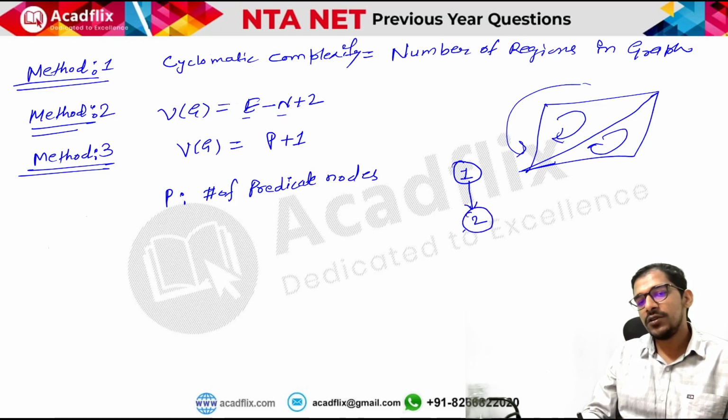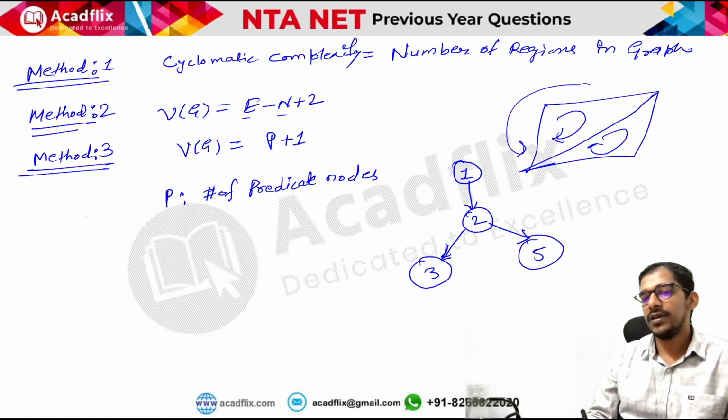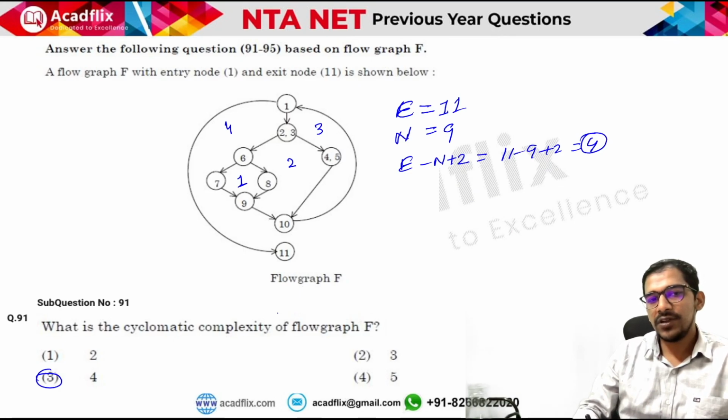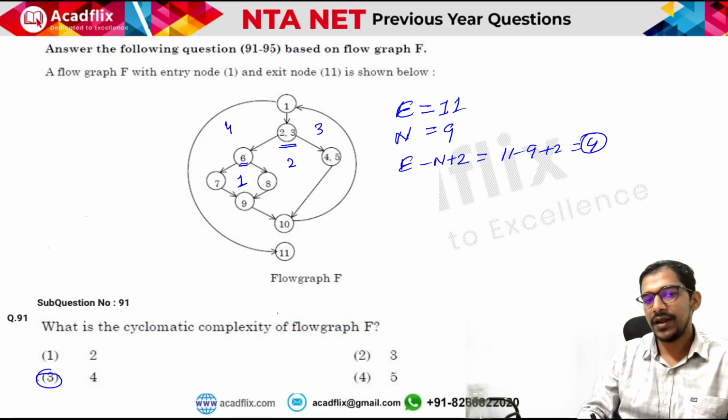And if there are two branches going out of a node, that means this is a conditional node, or you can say predicate node. Let us say 3 and 5. This means that if the condition at 2 is true, then we will go to 3, otherwise we will go to 5. So this will be a true branch and this will be a false branch. And you can see the number of predicate nodes. For example, this is a predicate node because there are two branches going out of this particular node. And this node is also a predicate node because there are two branches going out of it, right? So this branch and this branch, this is also a predicate node.